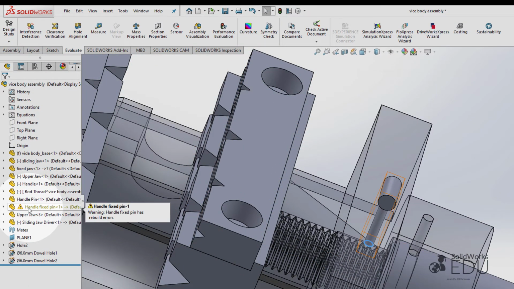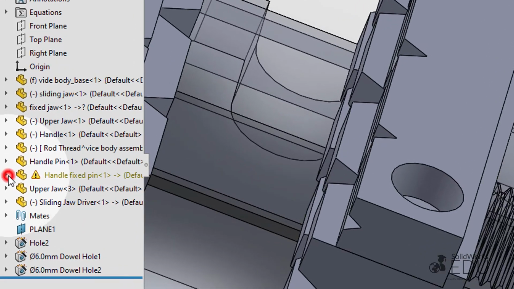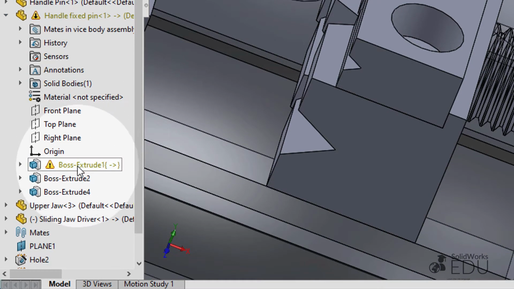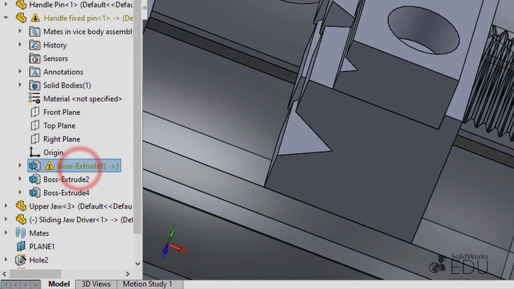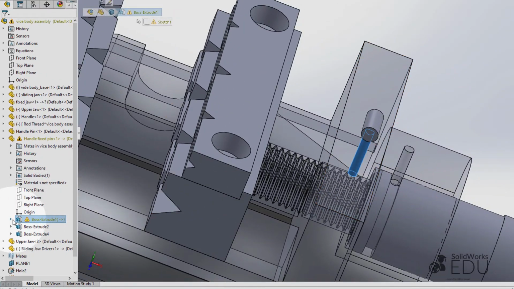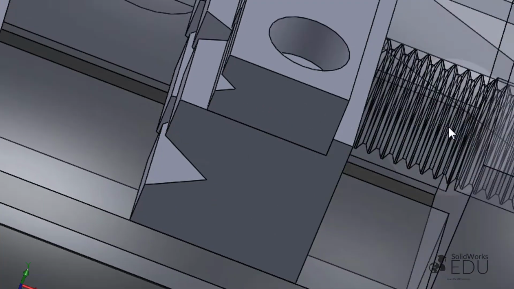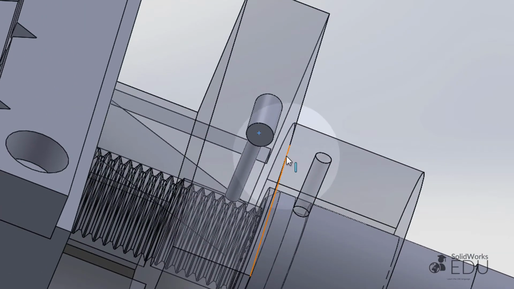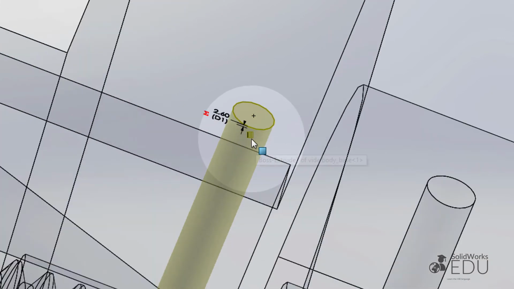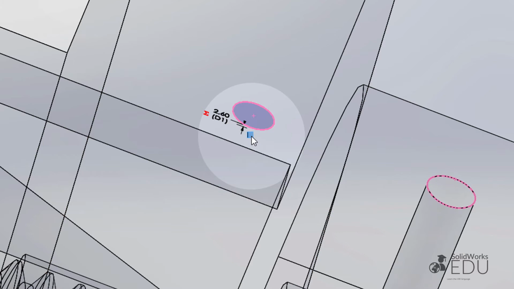Let's see what's happened here to the handle fixed pin. Both extruded. Sketch. Edit sketch. What's the problem here? Oh, it lost the reference of this value here, so select this mate, press delete,